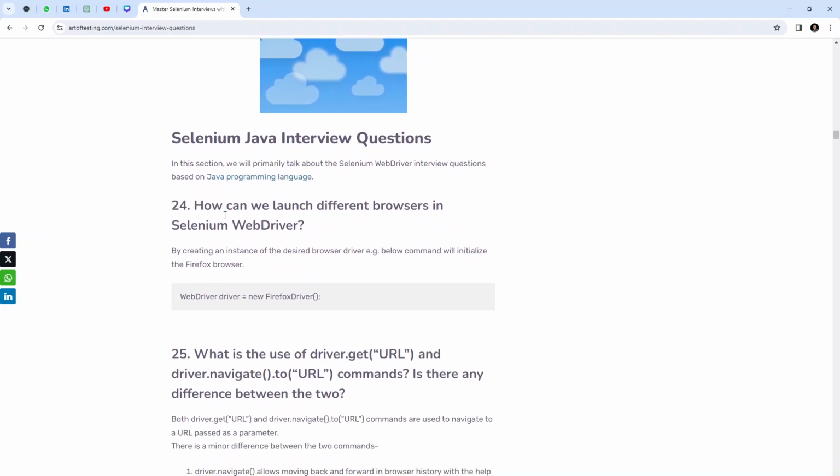Going to question number 24, how can we launch different browsers in Selenium WebDriver? By creating an instance of the desired browser driver. For example, the below command will initialize the Firefox driver. WebDriver driver = new FirefoxDriver();